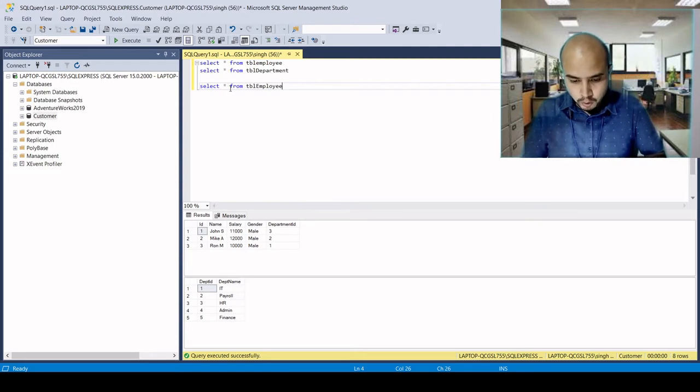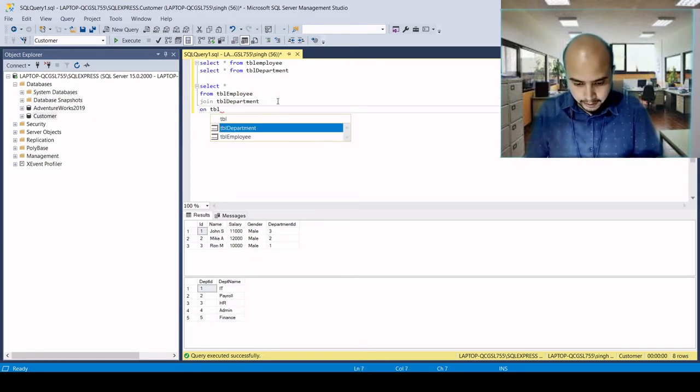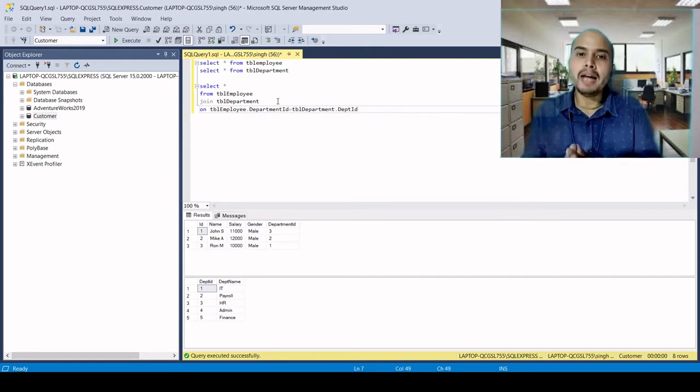Join these two tables, join TBL department on TBL employee dot department ID and TBL department dot department ID. So I have joined those two tables on the basis of department ID.